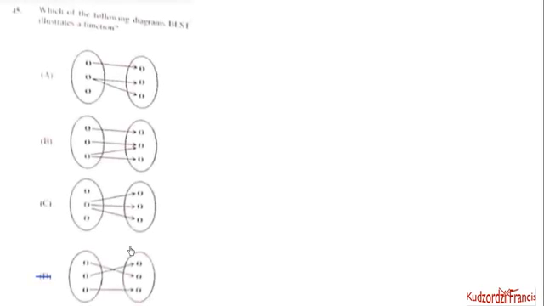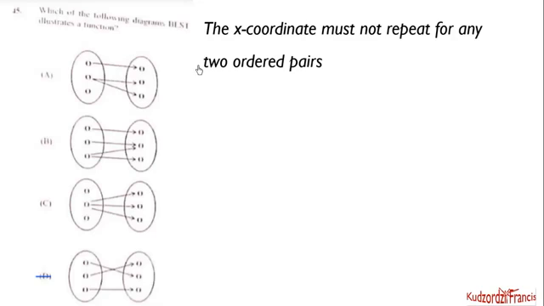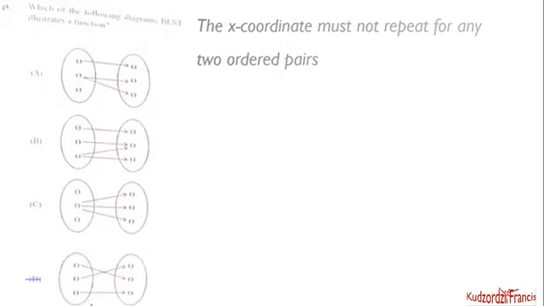Now item 45. Which of the following diagrams best illustrate a function? So we know for a function, the x coordinates must not repeat, but this one is repeating, so out. This also repeating, out. This also repeating, out. So this is the correct choice. None of them is repeating. Then item 46